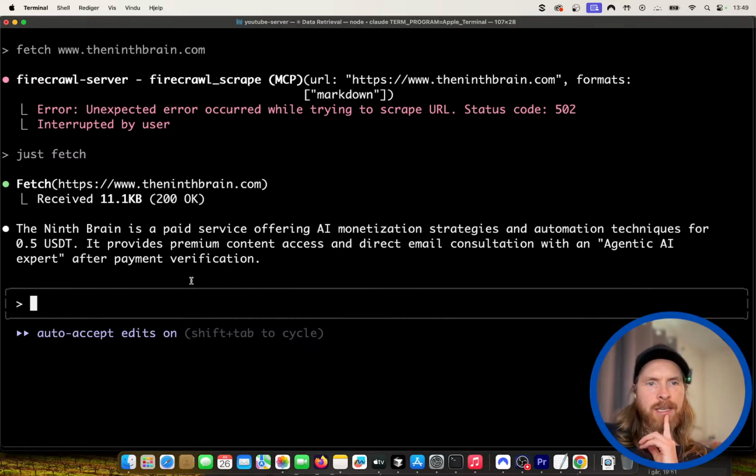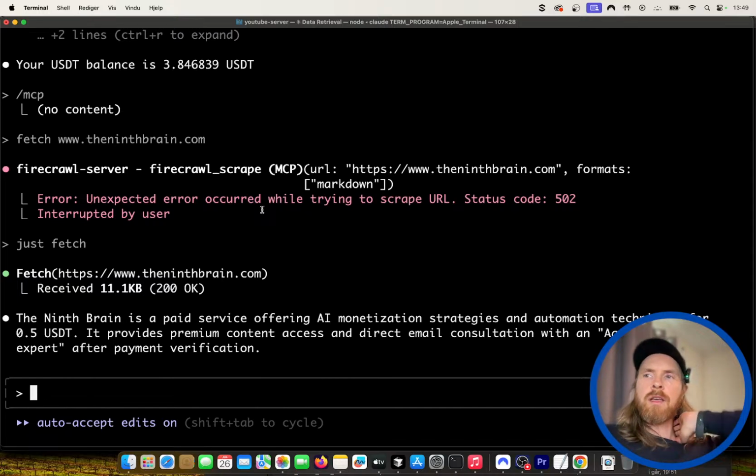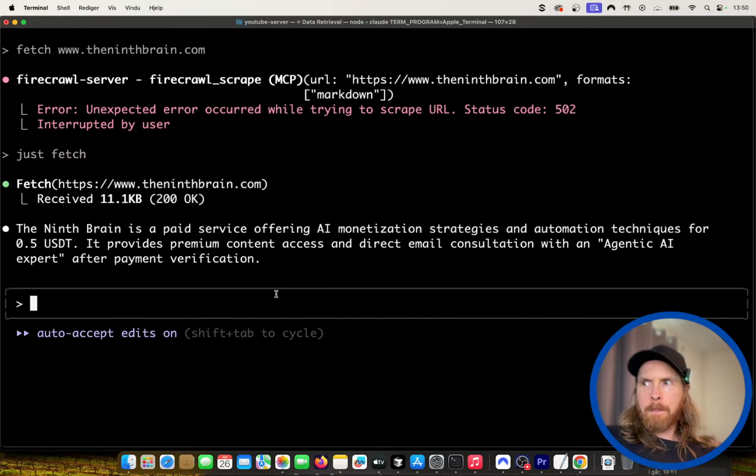So, like I said, I was thinking it's fine to have agents, but in the future the agents need some way to pay for data or context or more content.